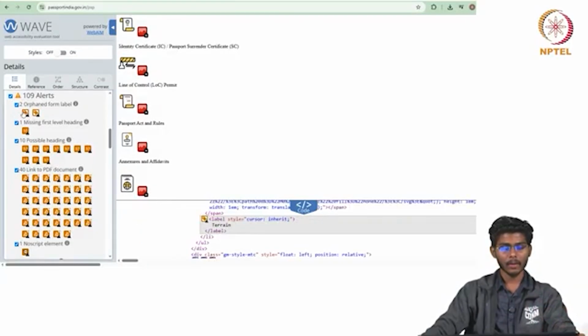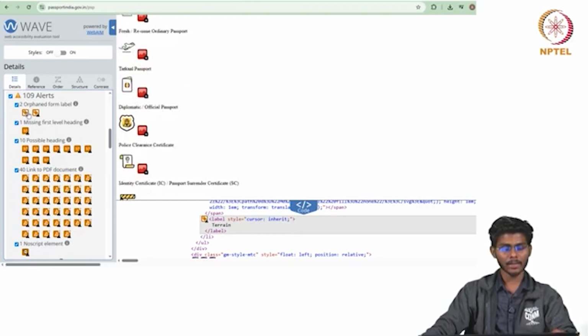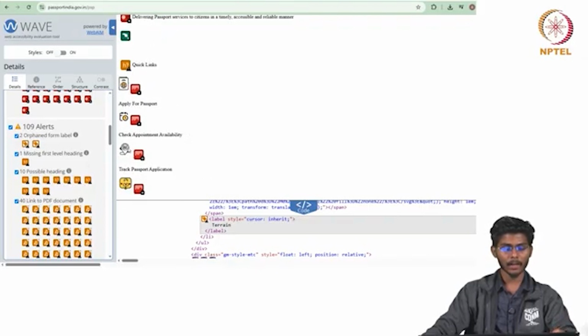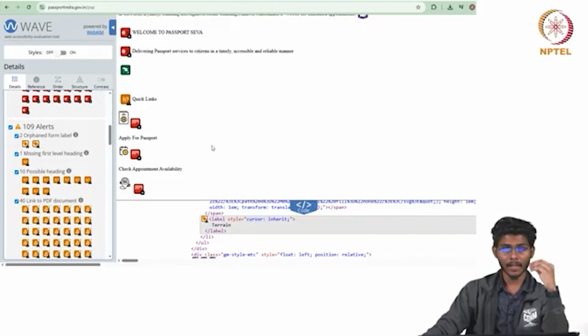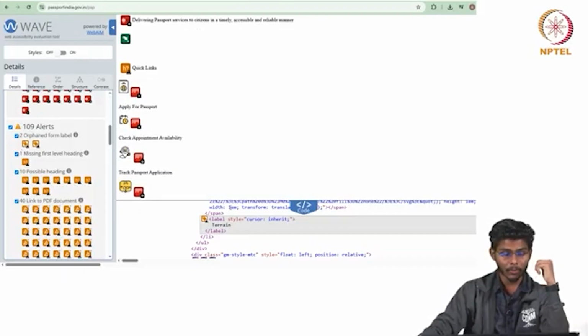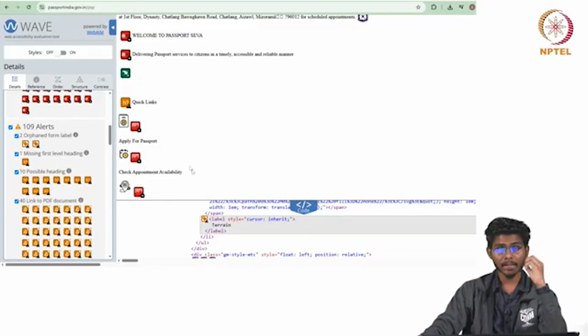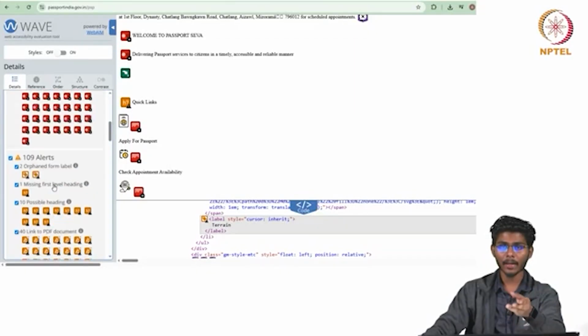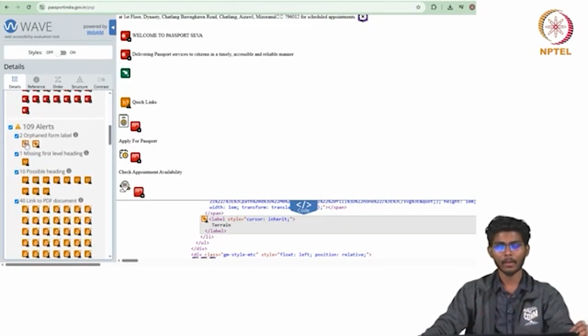For example, here there are two orphaned form labels. So, what is an orphaned form label? An orphaned form label is generally when the label exists, but it is not linked to any input field. So, the label is there visually, but the screen readers cannot connect it to the correct input. Like, we can say the label is mapped improperly to the text or any image element. So, basically